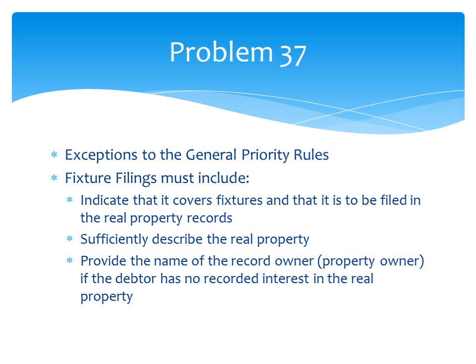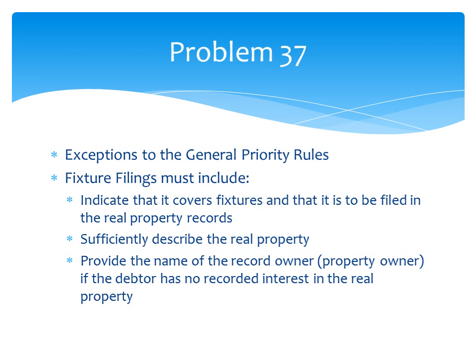Okay, so problem 37 also deals with exceptions to the general priority rules. A fixture is a good that has become so related to a particular real property that an interest in the fixture arises under real property law. So the question is asking, perfection of a security interest in a fixture usually requires. So fixture filings must include,